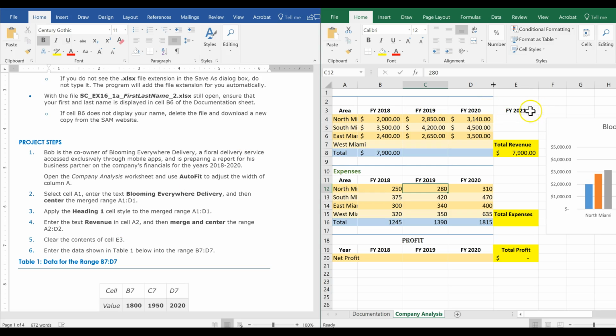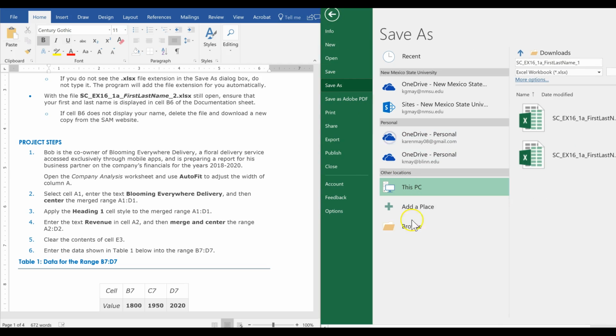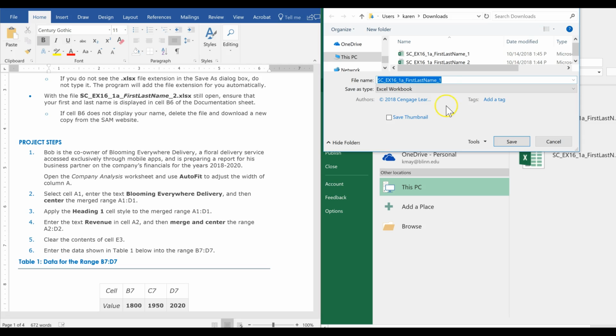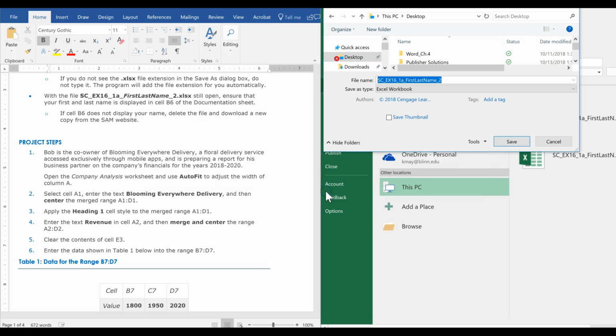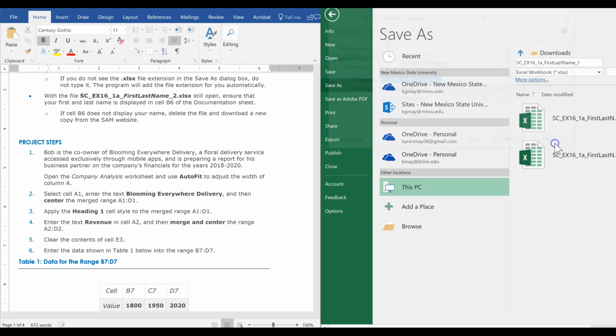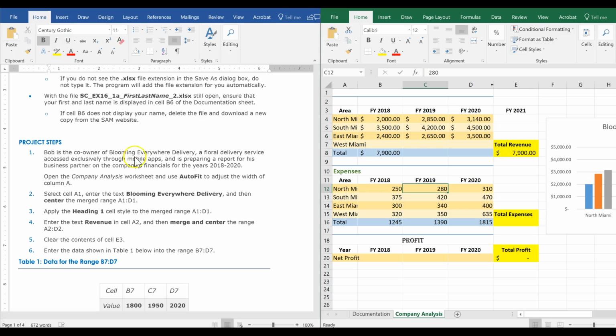So in the project, the first thing it wants you to do is change the file name and save it with a new name. But the only thing it really wants changed is the 1 to a 2. And it should have your name in there already. Okay, and once you have done that, then you can start the instructions. And so the first instruction